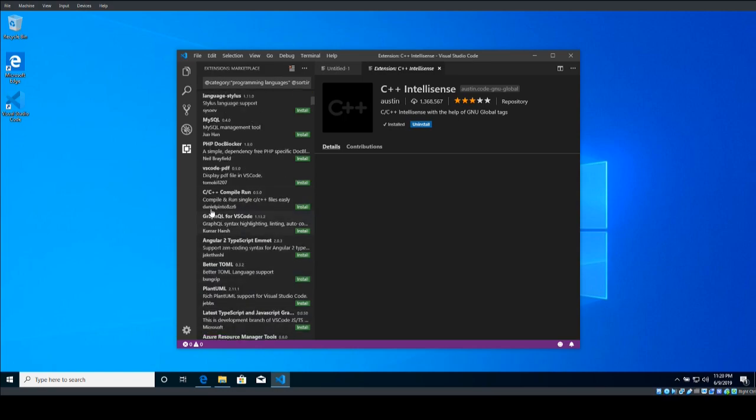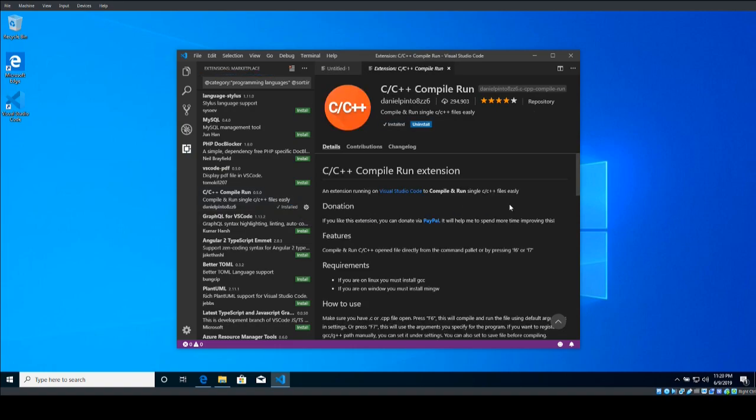Oh, okay. So compile and run single C++ files. All right. Let's install this then. Compile and run open file directly from the command palette or by pressing F6 or F7. Okay. So now that that is installed,